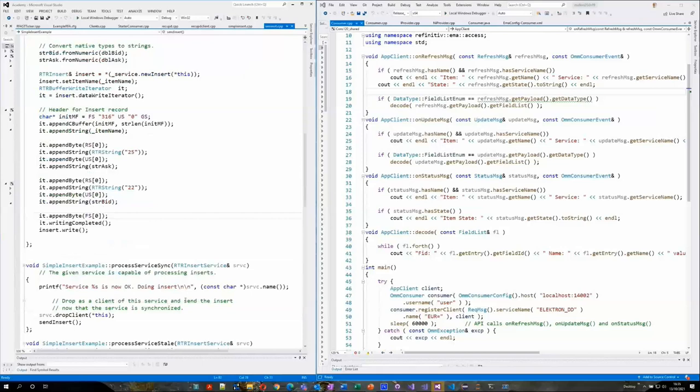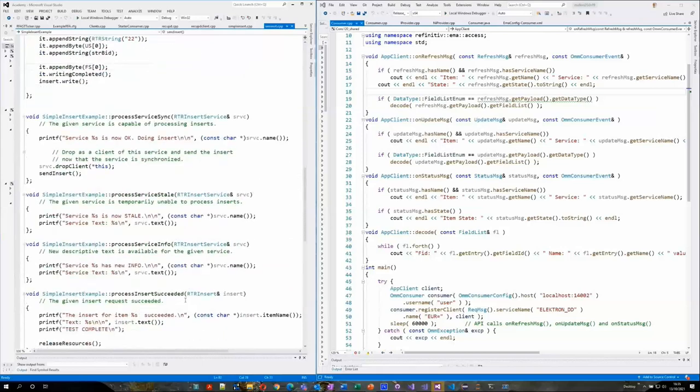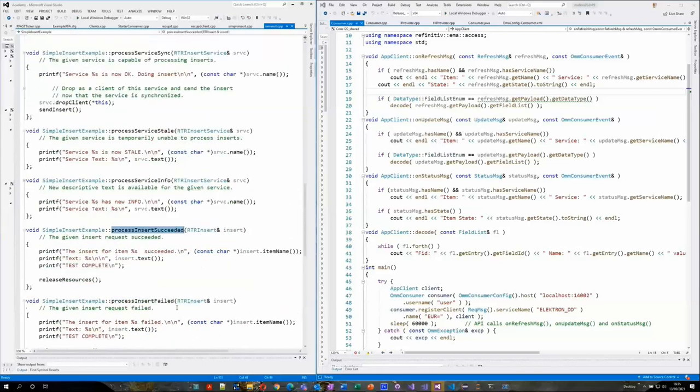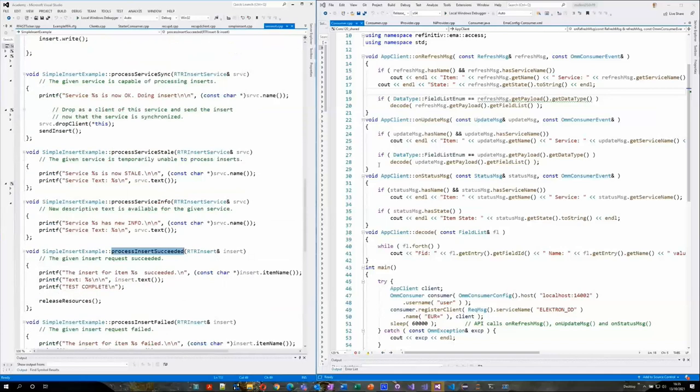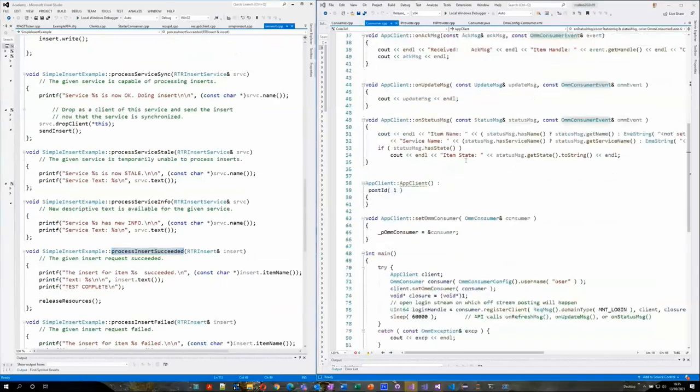And then you have to implement various handlers, things like insert succeeded, insert failed, or if the service has gone up or down and so on. So you have to implement all these various handlers as well at the SFC level. I'm now going to pass over to Vesavi to show you the EMA equivalent, so you can contrast the difference between the two.